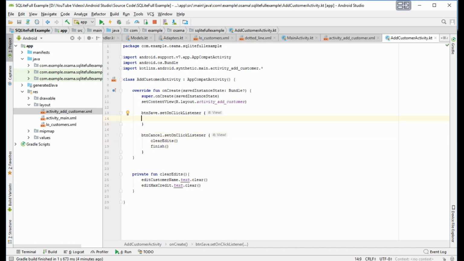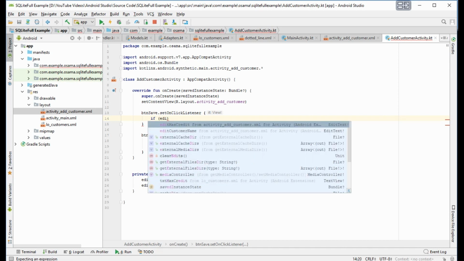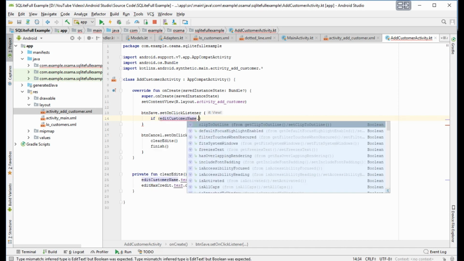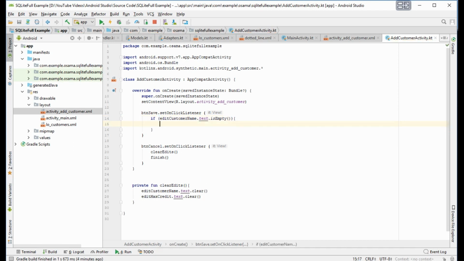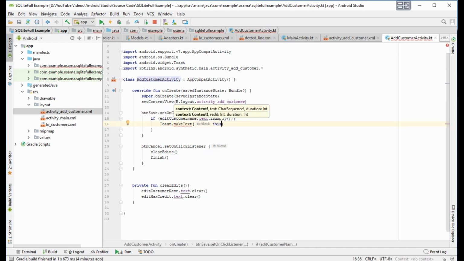And on save, on the save button, we will give it like this. If edit customer name dot text dot is empty, toast dot make text this, enter customer name.